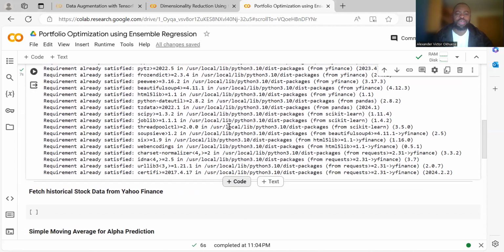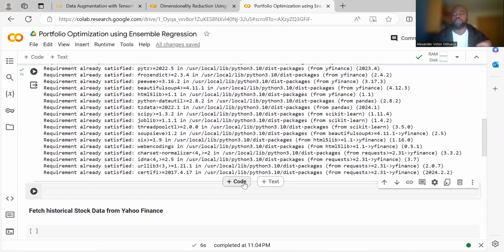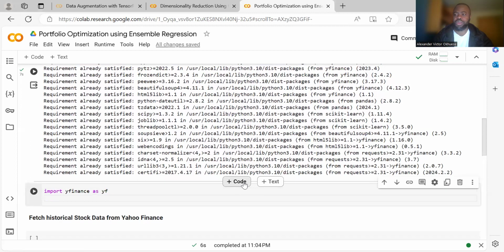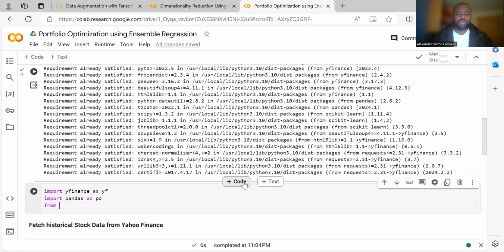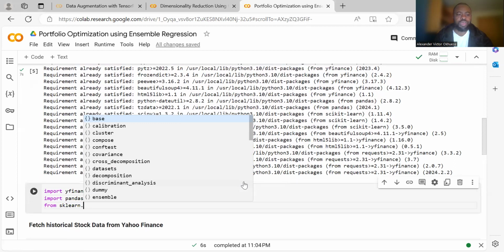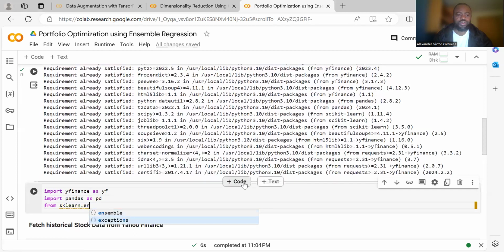Now that we have concluded the installation, we would need to import the libraries from the packages we have installed. So the first thing we want to import is yfinance. We want to import yfinance as yf because we'll be using it. We also, of course, need Pandas, so we have to import pandas as pd. And then in this case, we'll be importing from sklearn because we had installed sklearn as scikit-learn. We'll be importing the ensemble framework from sklearn in this case. So we have sklearn.ensemble, then we import random